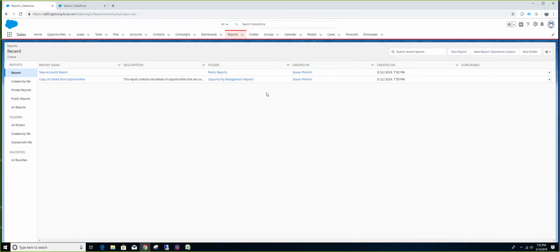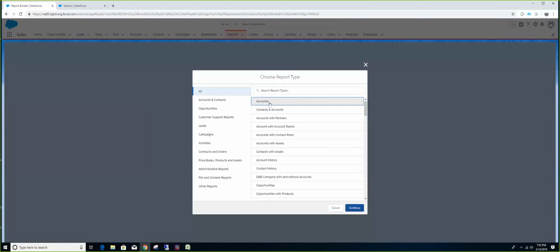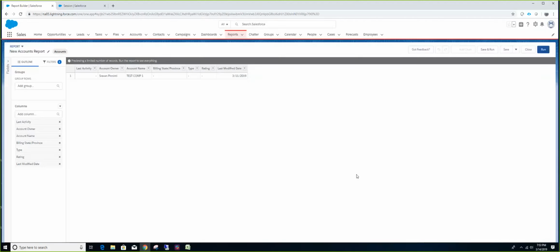How do you want to create them? Remember the reason I told you why Data Loader is important, that you guys need to really practice the Data Loader. If you know the Data Loader, this reporting is the easiest thing that you can find. Let's say, for example, we want to report on account data. What would you do? You click on New Report, you choose Accounts, and click Continue.